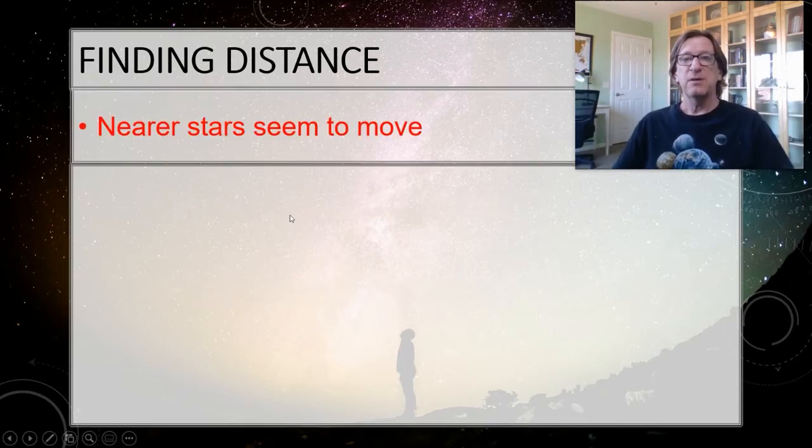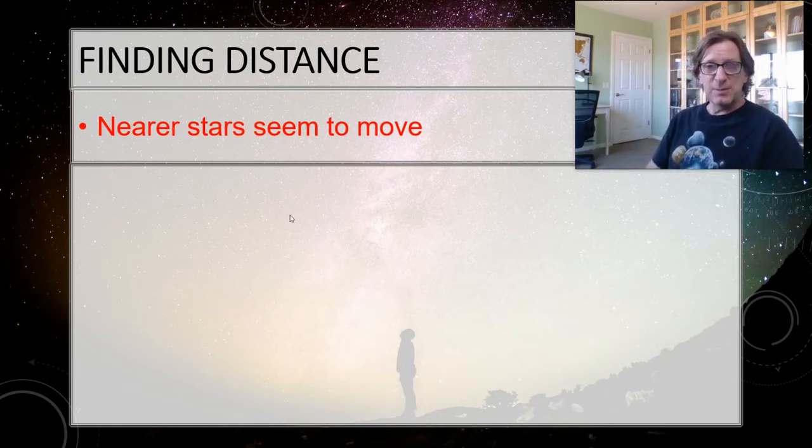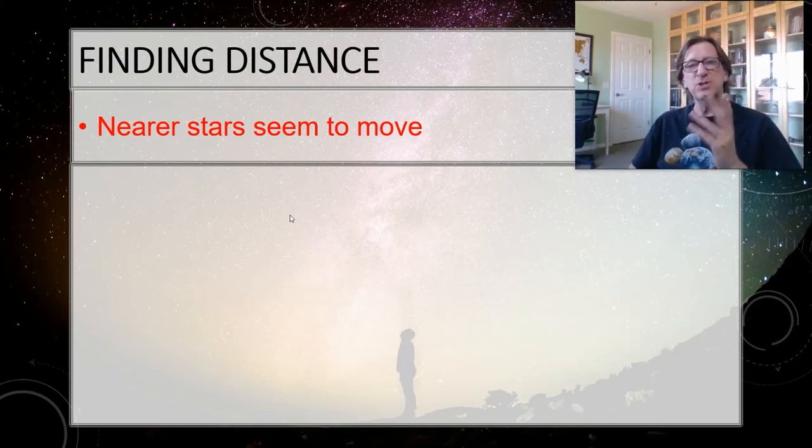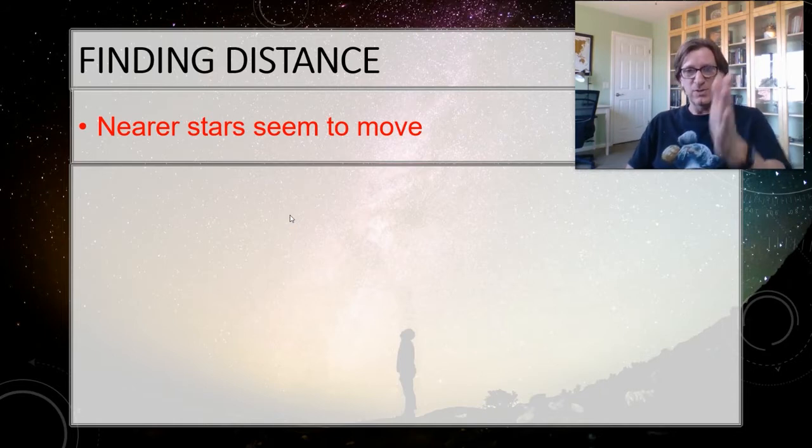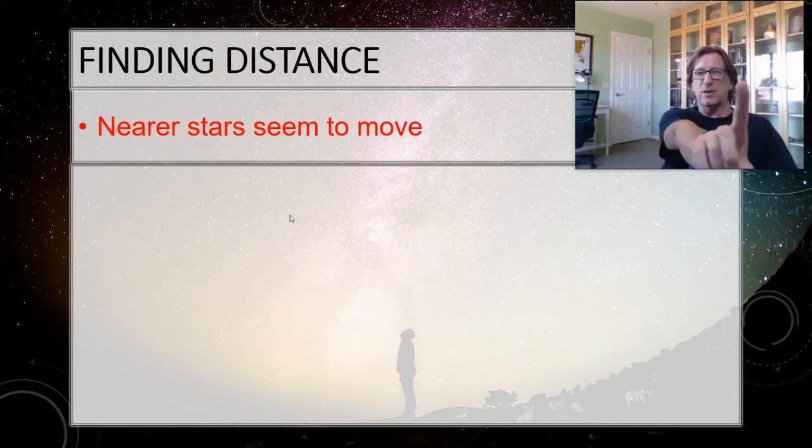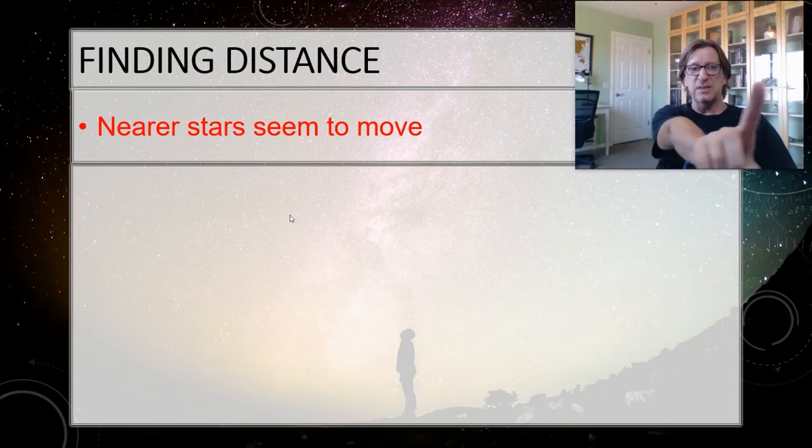All right. Now, the stars that are closer to us seem to move, and that's a phenomenon called parallax. So I want you to try this experiment. So just on the screen here, take your finger and hold it at arm's length so that it's in the middle of the words here, so that you've got the nearer stars seem to move as your background there. All right. I want you to close just your left eye. Now close just your right eye. Did your finger seem to move? Like for me, it moves kind of from one side of the word to the other.